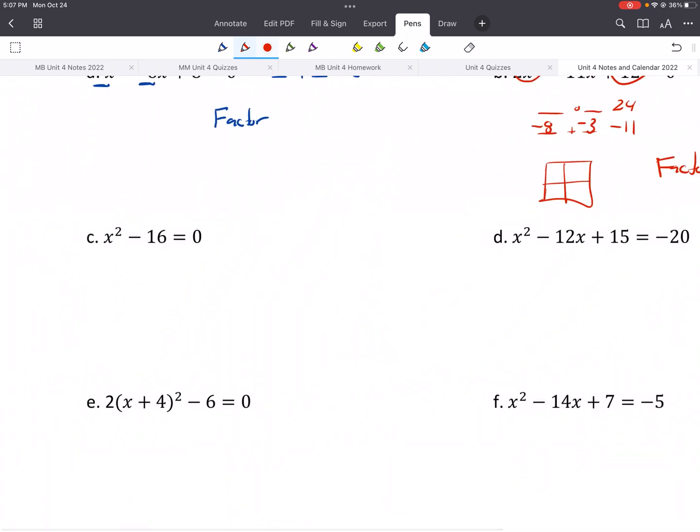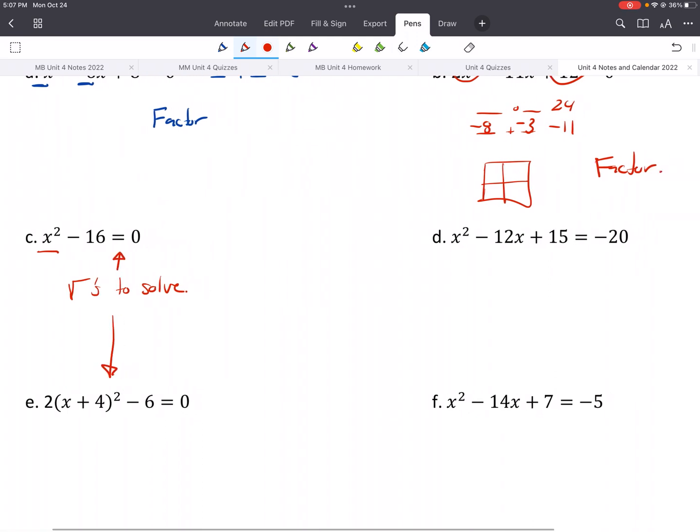So there's two examples of factoring. C, square roots to solve, because we have 1x and it's being squared. So square roots to solve. Okay. E below it, same thing. So this would apply to both C and E. D,